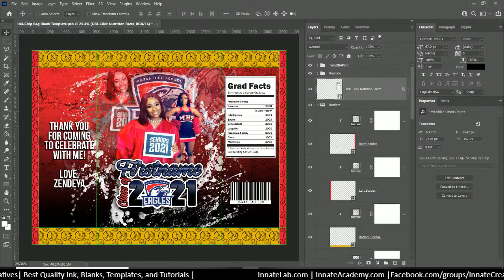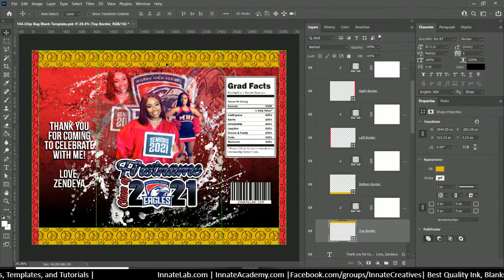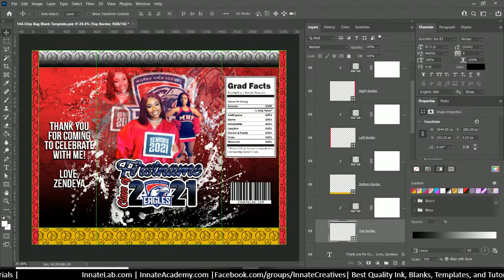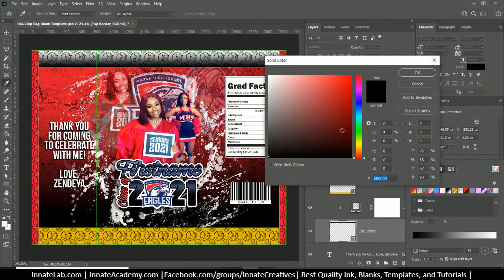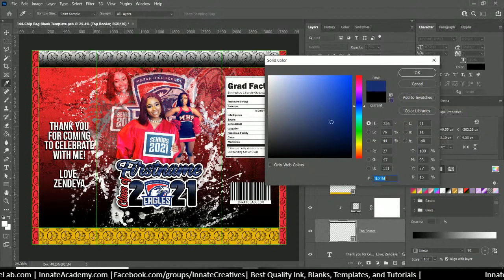So I have my grad facts. Let's go ahead now and change this top border color. And you can do all 4 borders in different colors. It's all up to you. I can double click on this fill color here on the side. Oops, I just mistakenly added a gradient there, but you know gradients are my thing. I'm just going to grab one of the colors from the logo here. So let's say I grab that blue